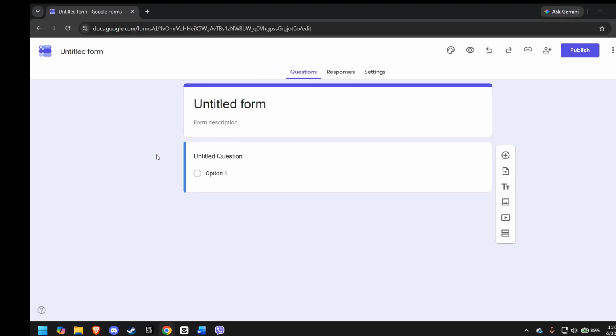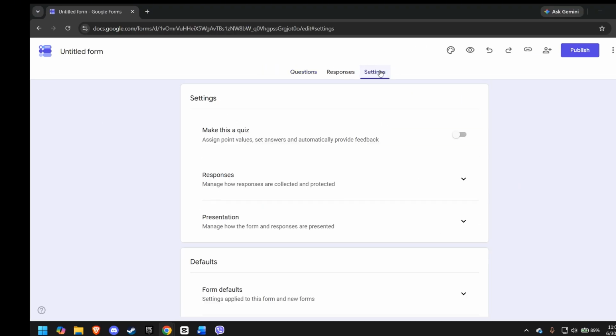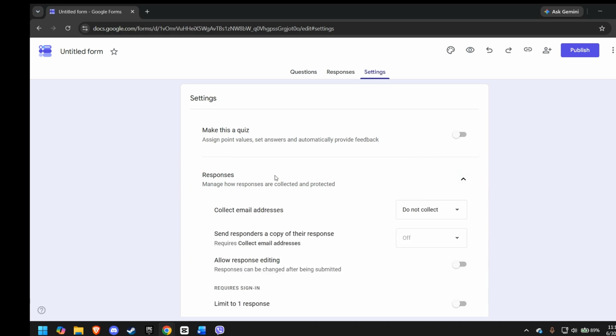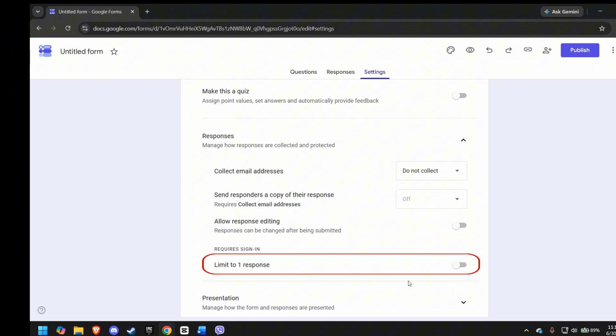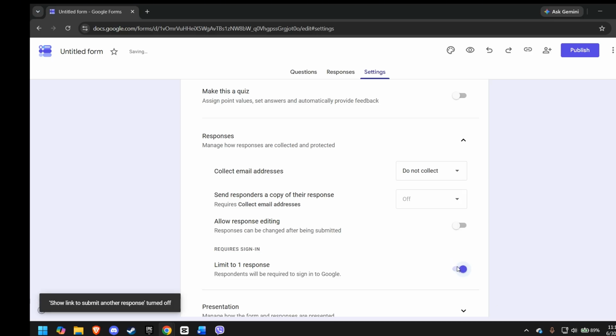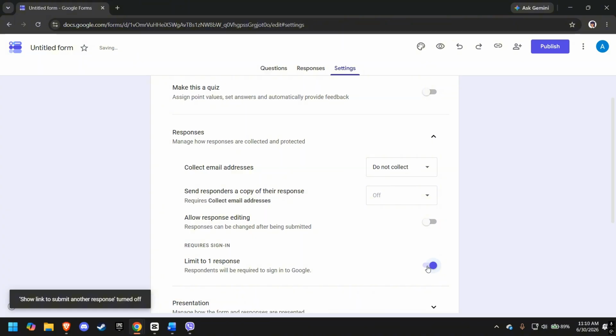Now, click on the Settings option at the top of the form. Under the Responses section, find the option Limit to One Response and turn it on. When this option is enabled, users will need to sign in with their Google account and they can submit the